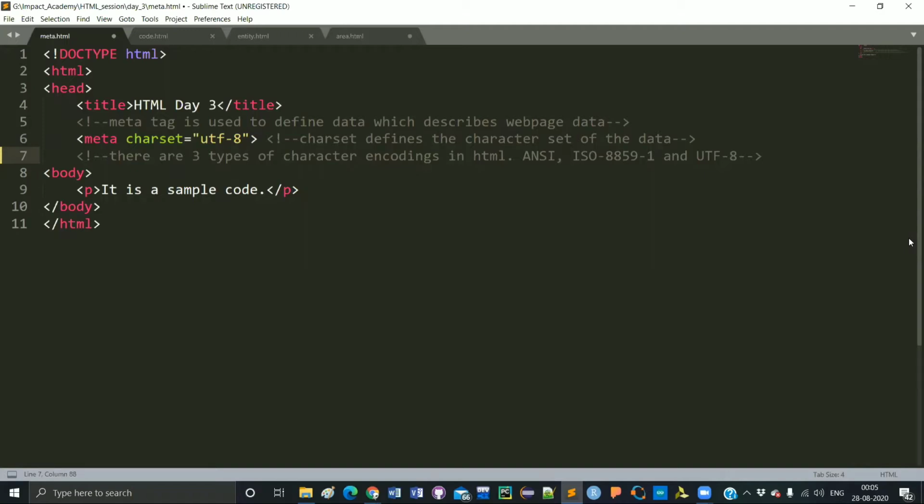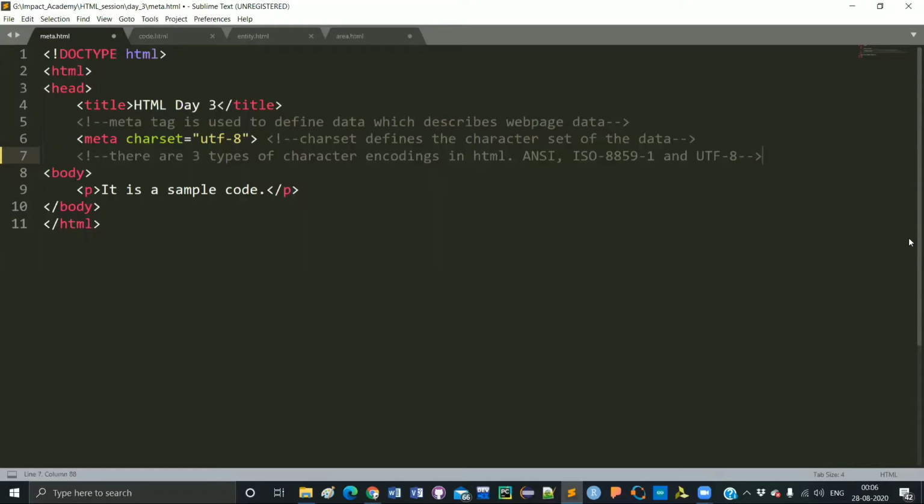This metadata defines the formatting style of your content, where content means whatever you write inside your HTML code. Metadata carries the formatting style or some extra additional information about your content or about your web page. That is why the meta tag is used.